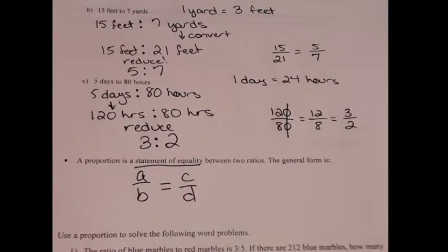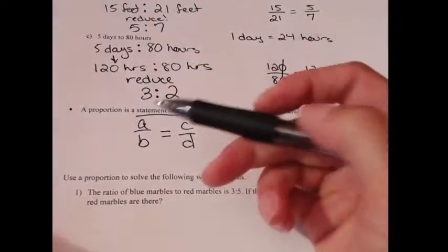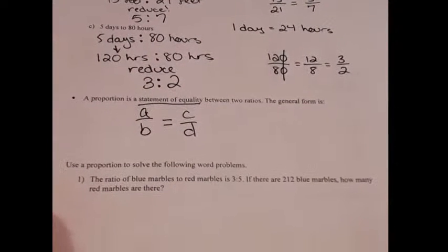So essentially a proportion is when you have a fraction equal to another fraction. Mind you, it could be a whole number equal to a fraction because every whole number can be written over a 1. So you can essentially manipulate that to look like it's a statement of equality between two ratios, otherwise known as a proportion. Consider that in order to solve a proportion, we could multiply both sides by the LCD,